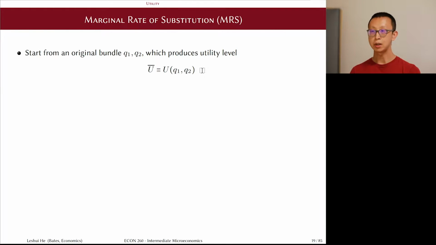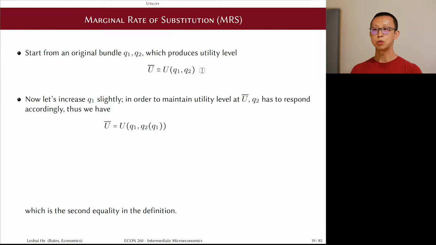So what we're trying to do now is to travel along the indifference curve without changing the utility reading of U bar. And the way we're changing it is by dialing up Q1 while allowing Q2 to change with it,